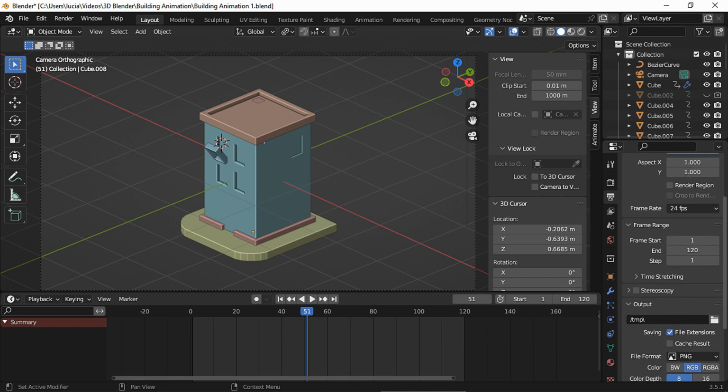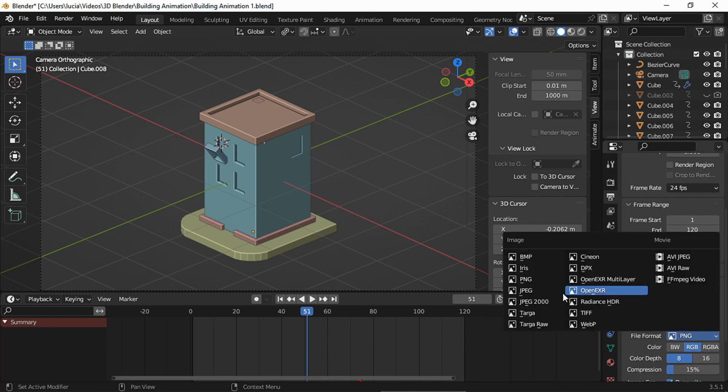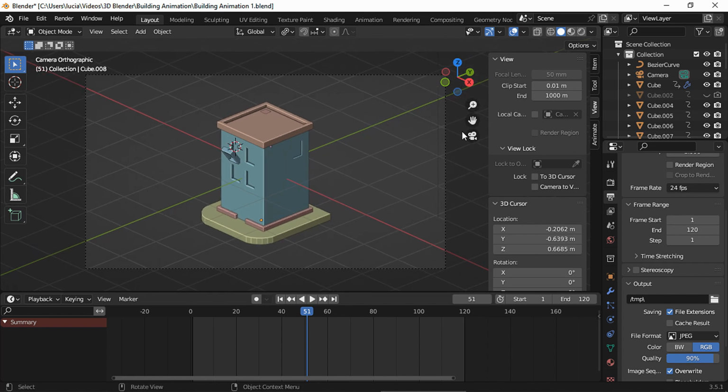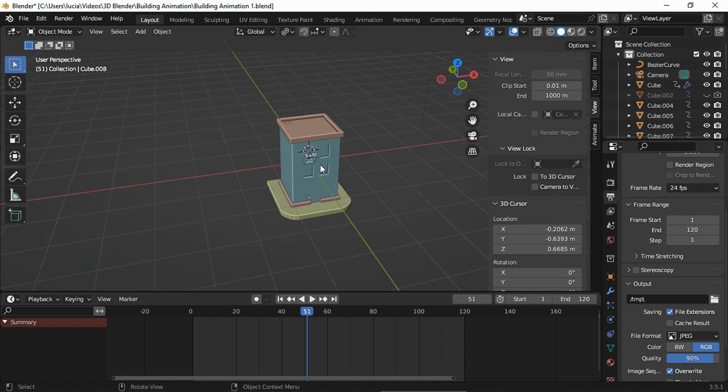Go to render settings, choose the format, make sure you are in the temporary folder so you don't overwrite other renders. You could choose a different folder if you like to keep this preview saved. And make sure the range is right so you don't render extra frames. Let's choose the view we want to render. I'm gonna go with camera view, but what's interesting about rendering a preview is that whatever view you have in your viewport, that's what will get rendered. So if you move your view, this is what will get rendered as a preview.